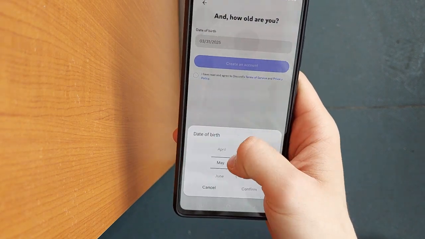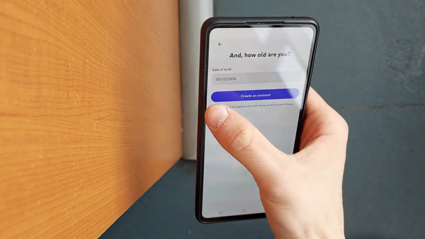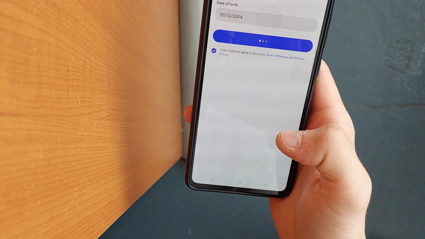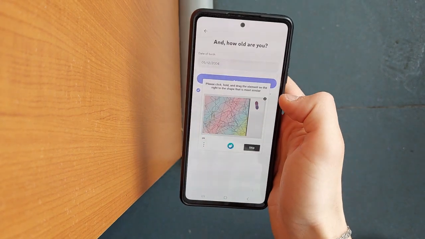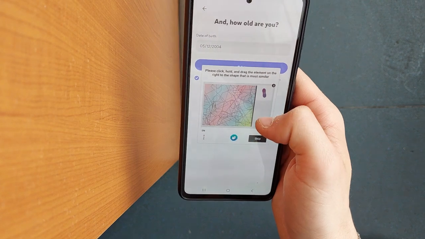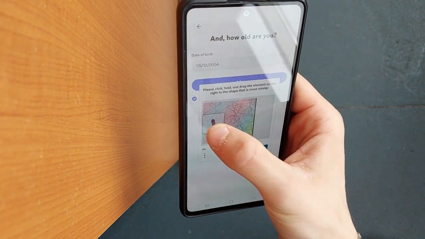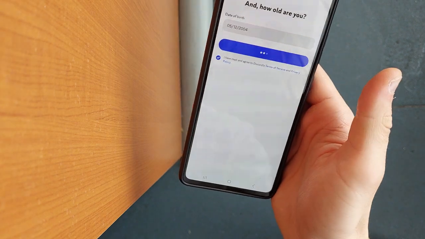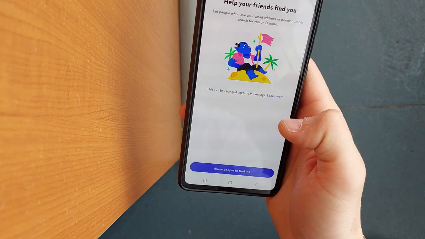like this. And then we tap on this, then we tap on create an account, confirm, and yeah, that's going to be it for this video. Just some tests, don't allow, skip,